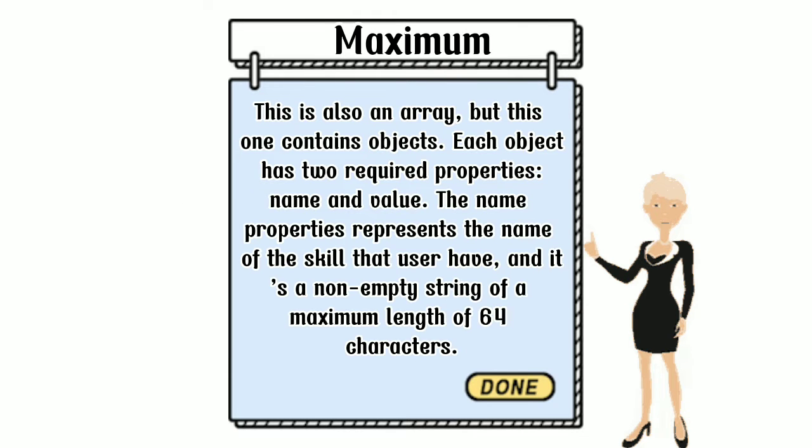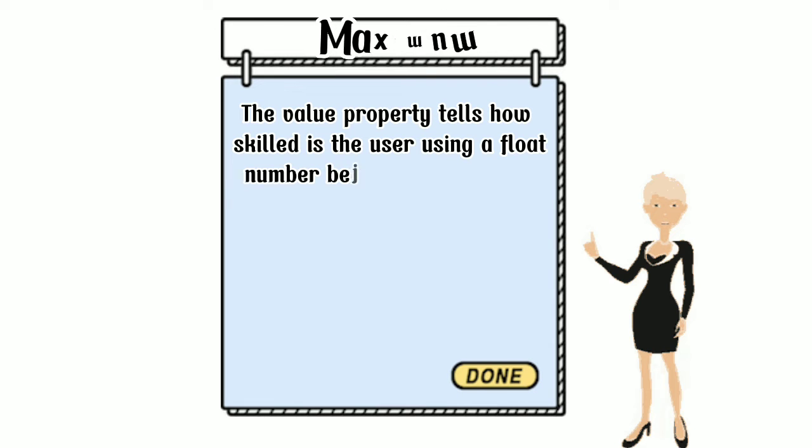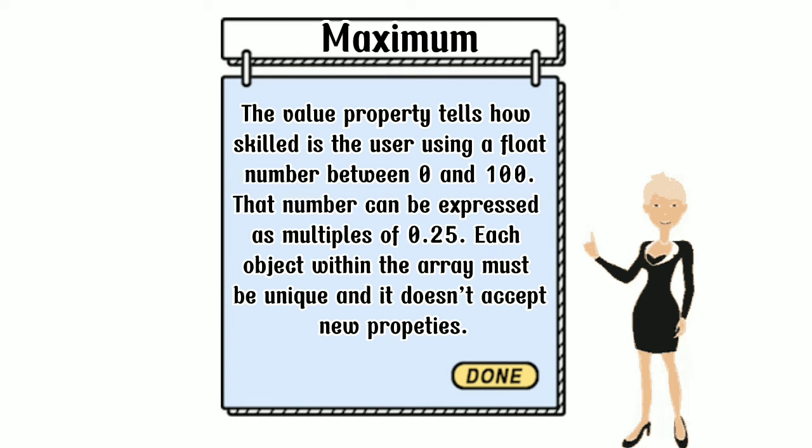This is also an array, but this one contains objects. Each object has 2 required properties, name and value. The name property represents the name of the skill that the user has, and it's a non-empty string of a maximum length of 64 characters. The value property tells how skilled the user is, using a float number between 0 and 100,